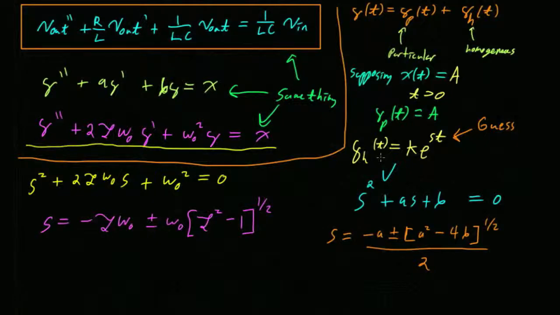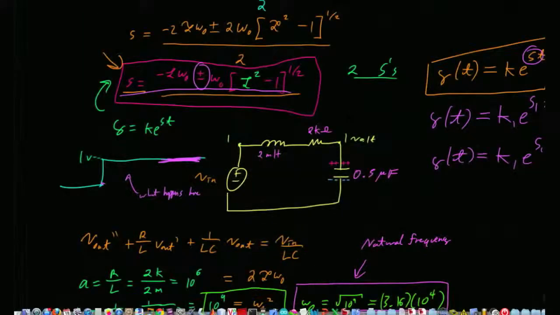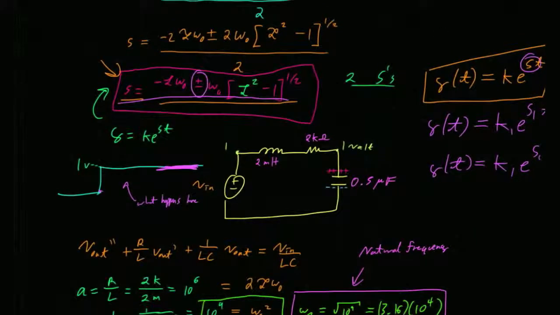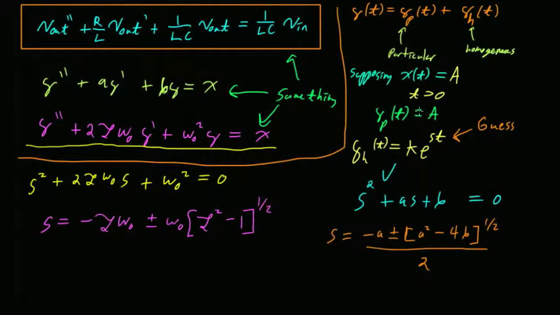It just turns out that if you think of the problem in this way, zeta and omega naught have some sort of physical significance to the circuit, whereas A and B don't have any significance to the circuit. They're just kind of like numbers. But zeta and omega naught turn out to be pretty handy. So let's actually go ahead and solve using the